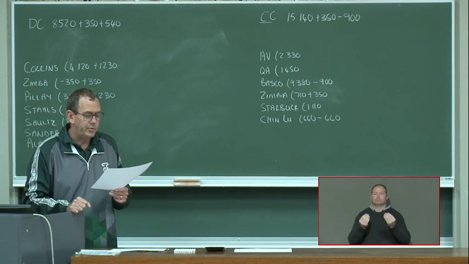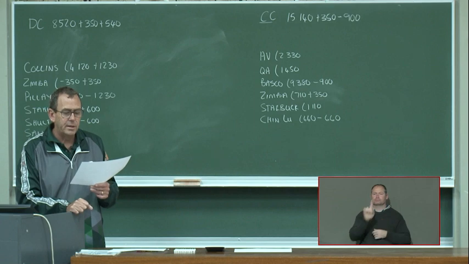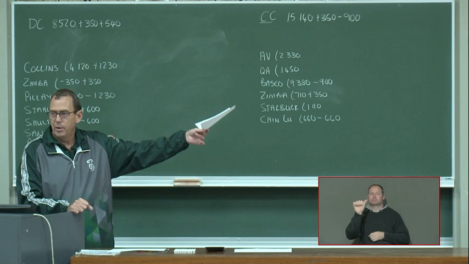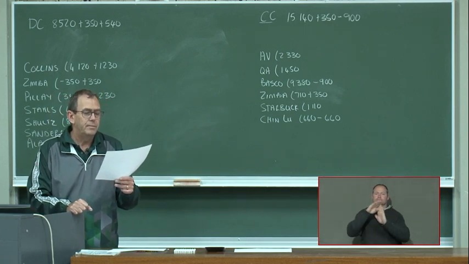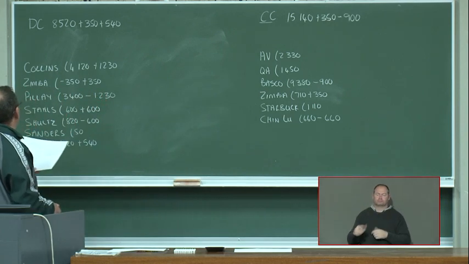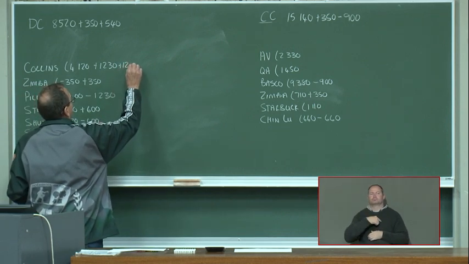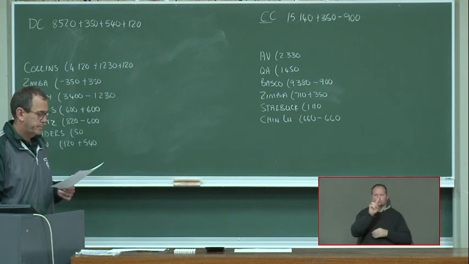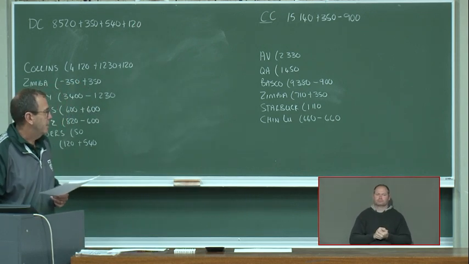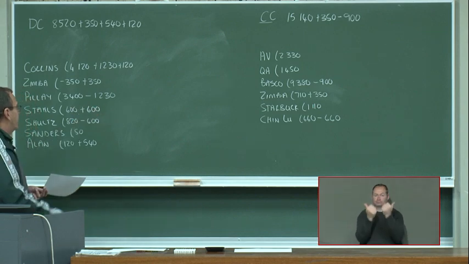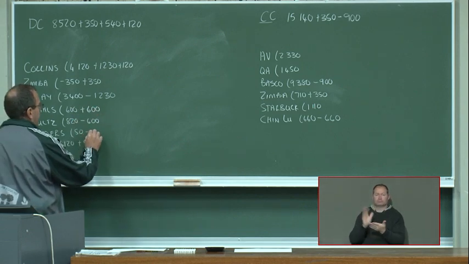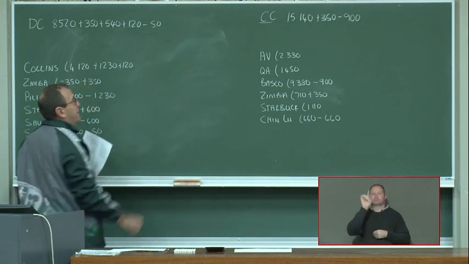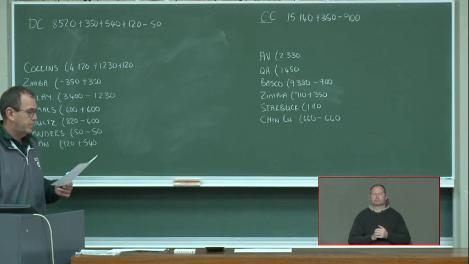Number 7, the entry to charge Collins 120 interest had not been made, so we didn't record it, so control and list will be wrong. Am I right? And the interest is 120 Rand, so Collins, we have to add the 120, and debtors control, we have to add 120. The account of Sanders must be written off. It was not recorded, so both, if we write it off, we have to credit him with 50, and we also have to subtract it from our debtors control, because both of them are wrong.